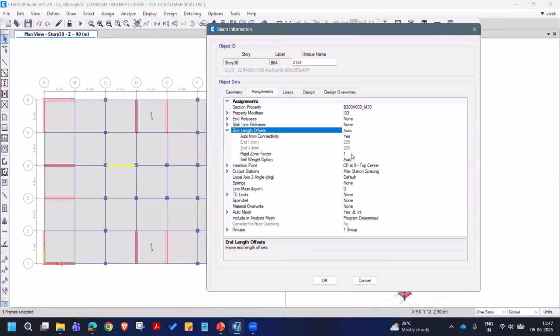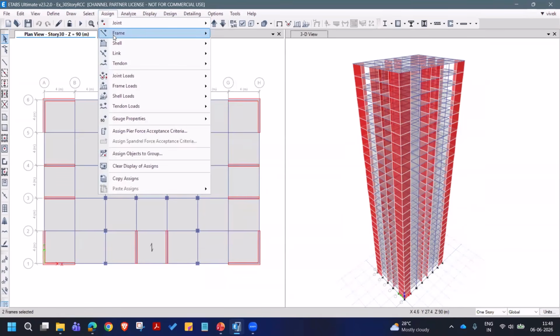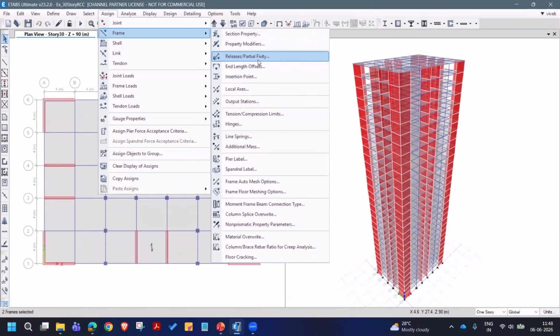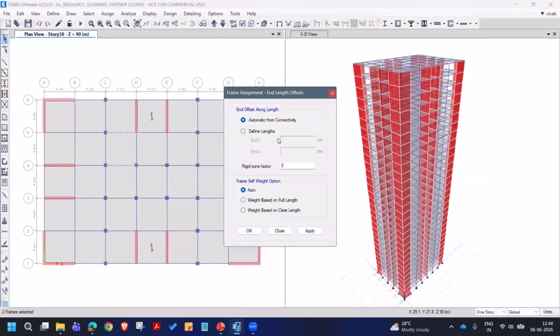So general recommendation would be 0.5 for RCC buildings, but since rigid end offset is required, then rigid means it is going to be 1. 0 means flexible. So this assignment to the frames you can find under end length offsets. And you'll have the rigid zone factor. I put 1, then